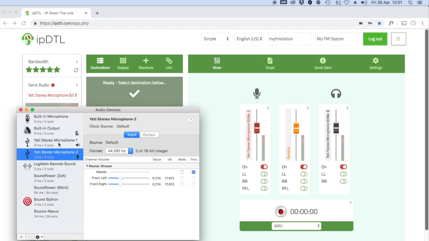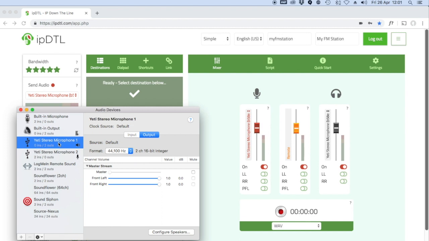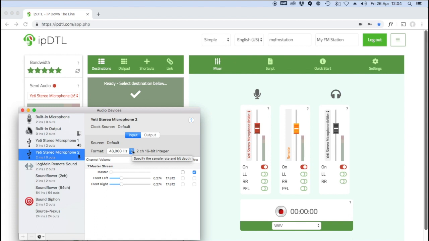and I select the audio device which I'm using, which in this case is a Yeti stereo microphone, and we change this to 48,000 Hertz. Be sure to change the settings for both the input and the output device. You may have noticed a slight jump in the video, and that's because when you do change audio device settings whilst using them, it causes the audio to fail, which is why I've had to make this video in two